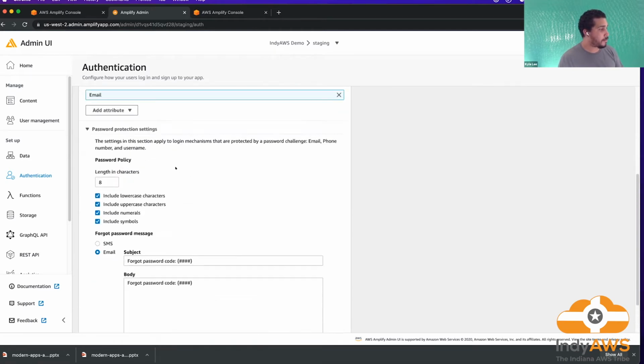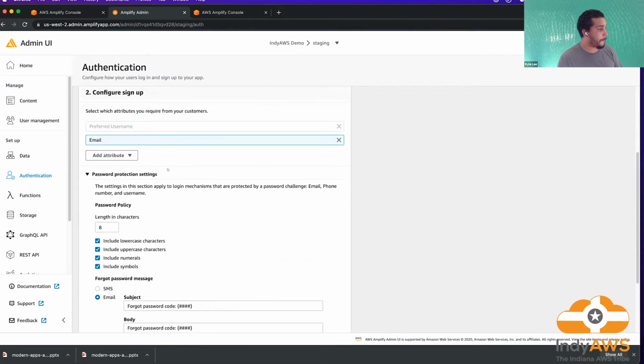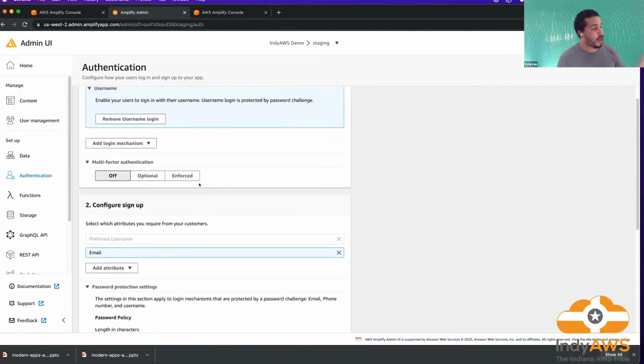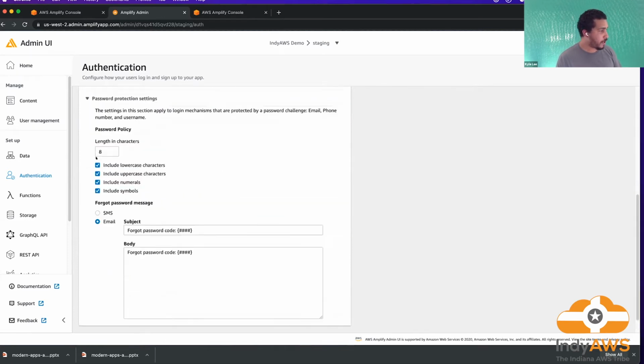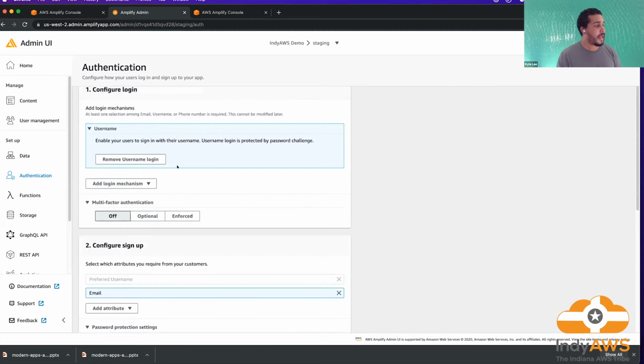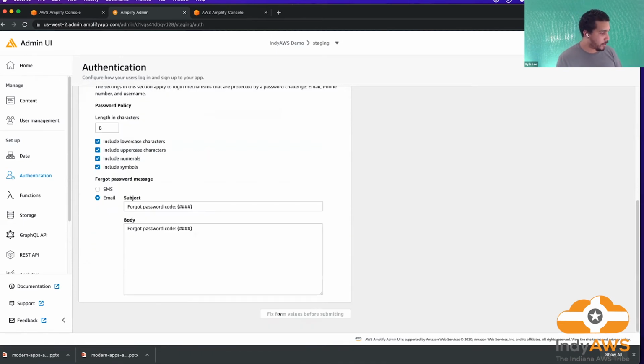And then you would be able to essentially launch your auth flow from there. So if you wanted to set all this up and have it create a Cognito user pool for you, then you could do that. And it would be with these fixed form values.